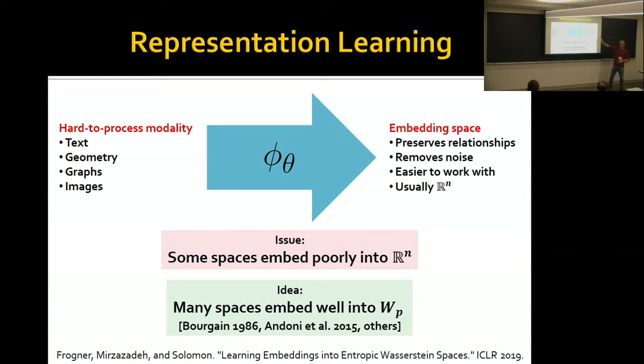I mean, this is a very heuristic thing that we're doing here. And so introducing entropic regularization is a completely reasonable sort of next step. And in fact, theoretically, one thing you can show just by borrowing some results from sort of metric theory is that there are many spaces that embed well into WP that do not embed well into Euclidean space. Okay, so we have many experiments in this research paper.